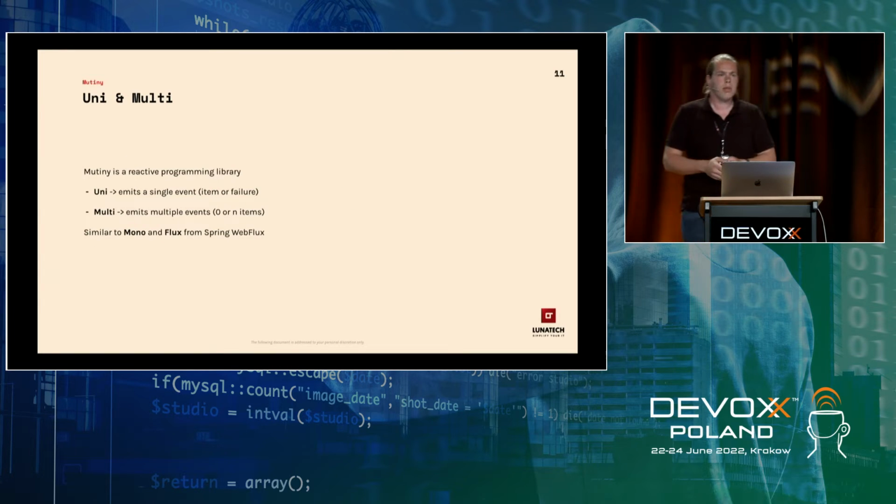So what is Mutiny? Mutiny is a reactive programming library and a toolkit to handle reactive code. The standard library in Java is quite limited in this regard. It's a bit hard to combine multiple completable futures or implement the observers or the subscribers for a completable future. So that's why they made Mutiny, where it makes it a lot easier. You can also use it standalone. You don't have to use that together with Quarkus.